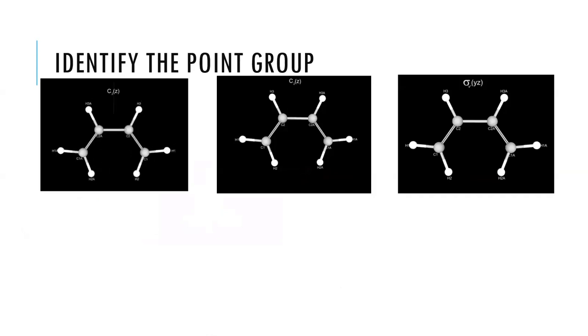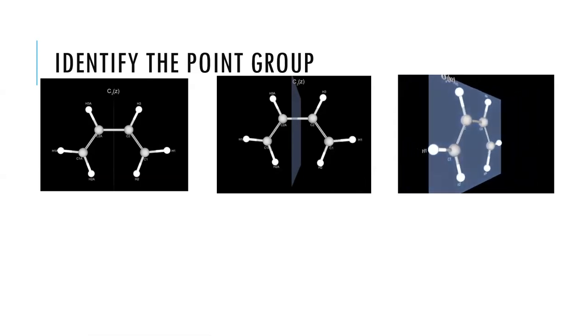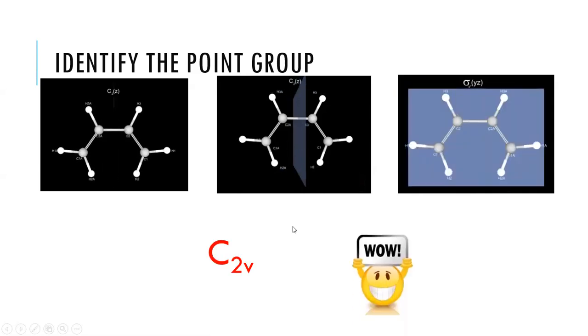As you can see, this creates a 180-degree rotation, and this element is actually a plane, and it is wrongly written as C2Z. It is actually a plane, and this is again a vertical plane because it goes along the C2 axis. So you can understand it's a vertical plane. And this is again a plane, and this also seems to be horizontal, but it is going along the C2 axis, so it is also a vertical plane. All these elements confirm that this molecule again belongs to the C2V point group.